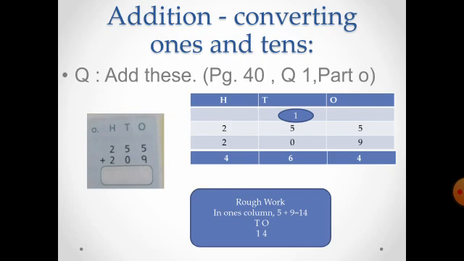Now look at the rough work. Same thing is given in the rough work. We got 14 in the ones column. So in the ones column 4 is written and 1 will go to the tens column. Now in the tens column we have 1 tens, 5 tens and 0 tens. 0 tens is nothing, so we will add 1 and 5, that is 6. So in the 100 column we will check 2 plus 2 is 4 and our final answer is 464.